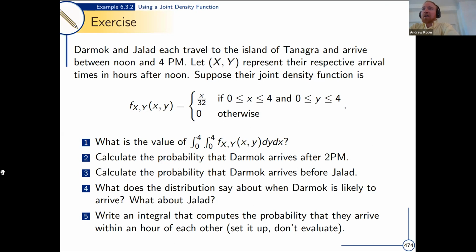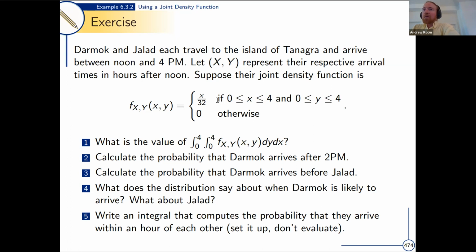If these two friends travel to the island of Tanagra together and arrive sometime between noon and 4 p.m., we can assume they arrive at some random time, or some probabilistically determined time, between noon and 4 p.m. for each of them. Then we can let their arrival times be represented by continuous random variables x and y that range over the values 0 to 4. If we call noon 0 o'clock, or just time 0, and 4 hours later, and likewise for Jalad 0 to 4,